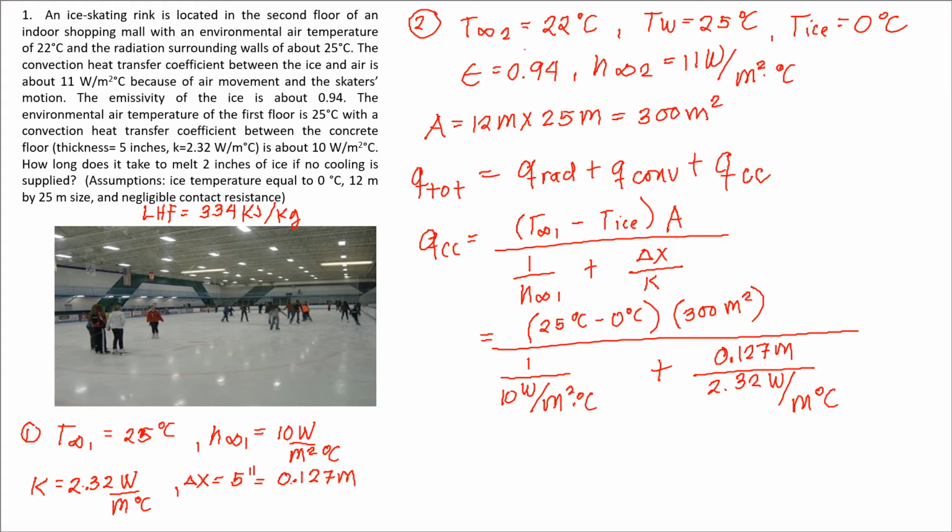Okay, so now what happens is that this one, by dimensional analysis, becomes meter squared, and this one goes up, so it becomes meter squared. So again, the meter squared will be cancelled, and the watts, which is shown here, will go up. So this becomes watts, and also the temperature, which is degrees Celsius, is also cancelled. So by dimensional analysis, we have,